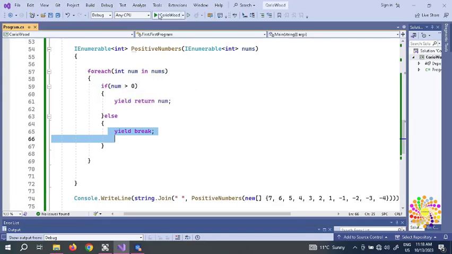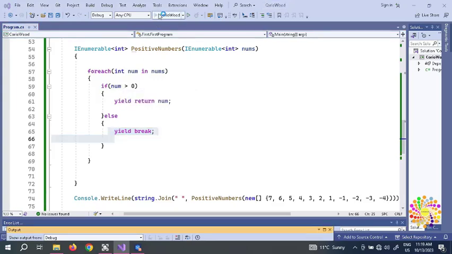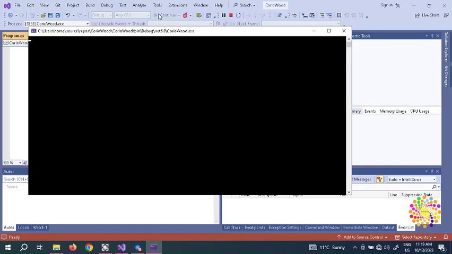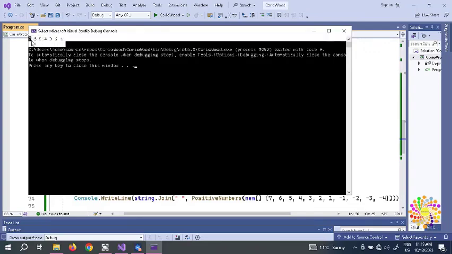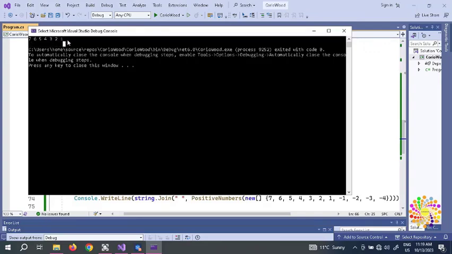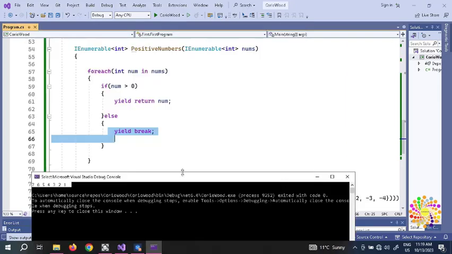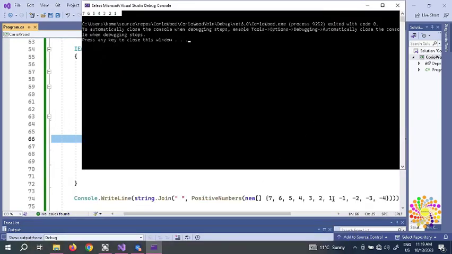So we're going to press Ctrl+S to save. So we're going to run our program, and as you can see here, we are having only the positive numbers. We have 1, 2, 3, 4, 5, 6, 7 in our array. So the yield is working pretty much fine here. We have 1, 2, 3 all the way to here, the minus ones here. So we only see the positive ones. We don't see the negative ones. You can go all the way to -100,